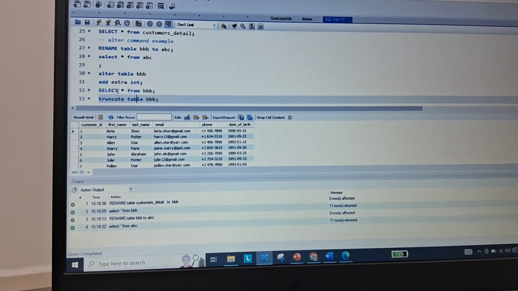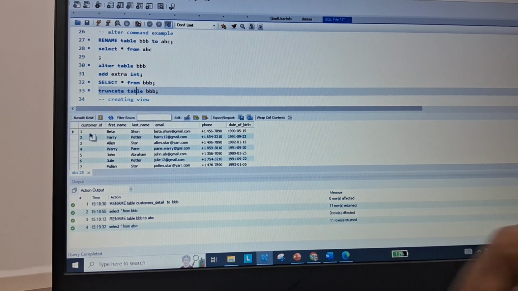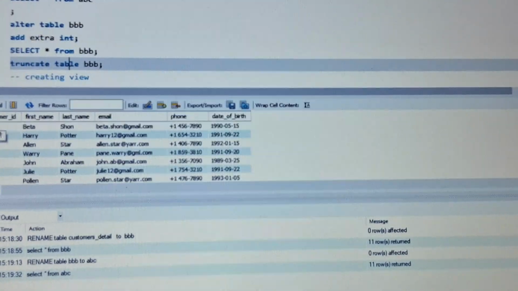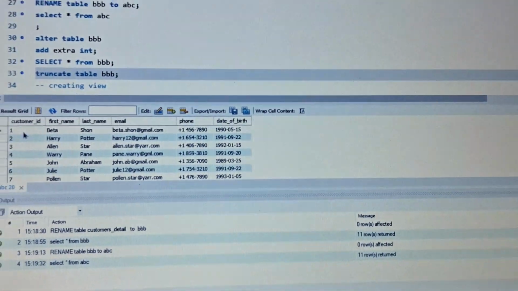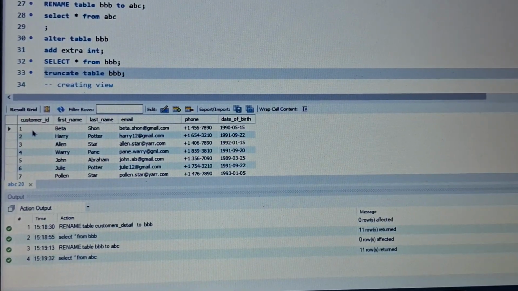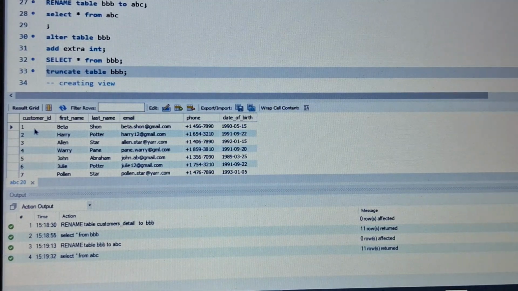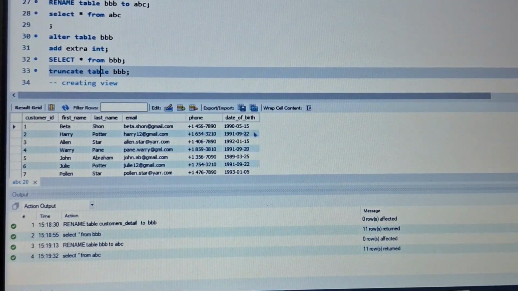Now I just want to add another column. As you can see, there are only 6 columns.